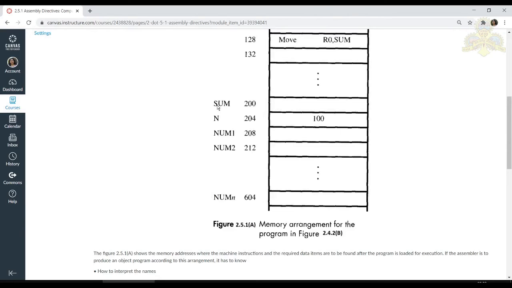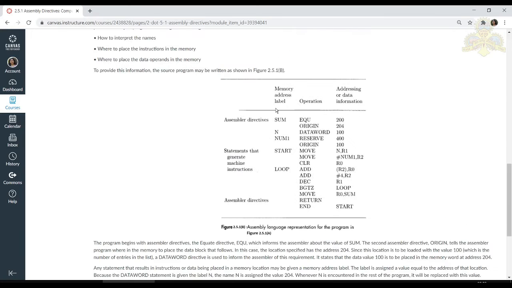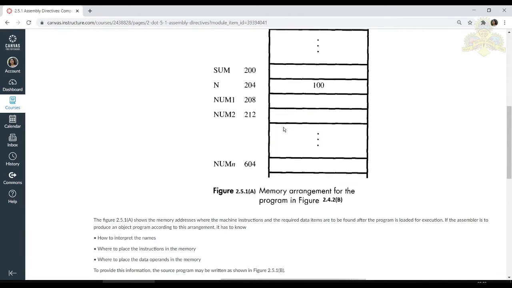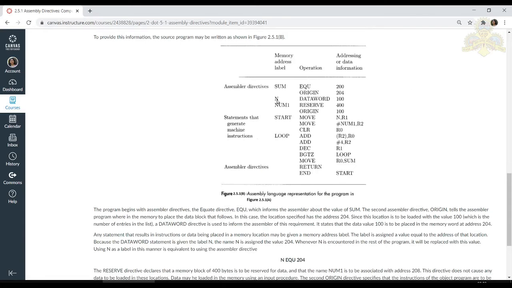If you look here, the address is actually 200, but the label is sum. Next, origin 204. Okay, 204 is here. From the 204 memory location, you have to put data operands, not instructions, just the data. Next we have n data word 100.